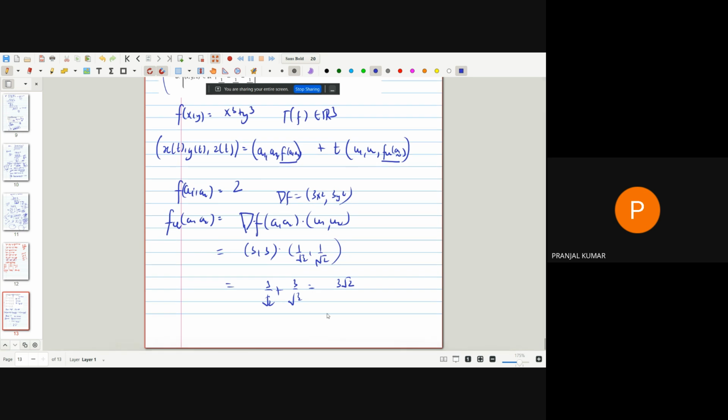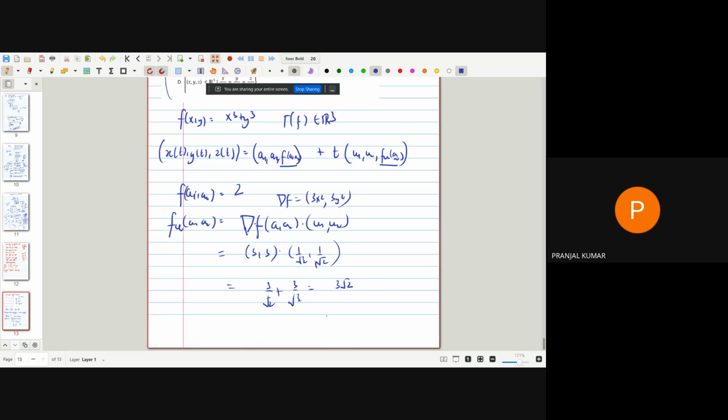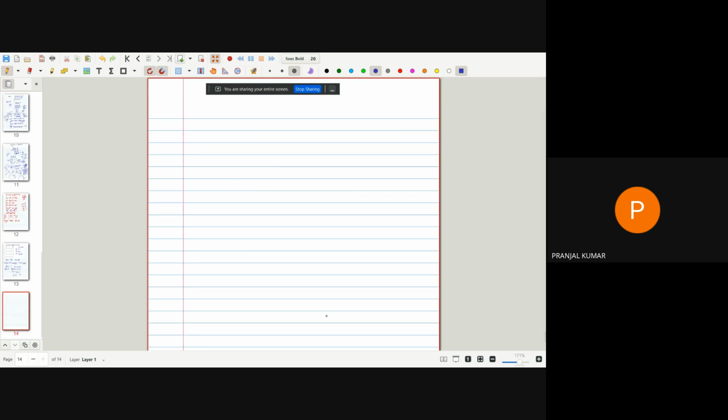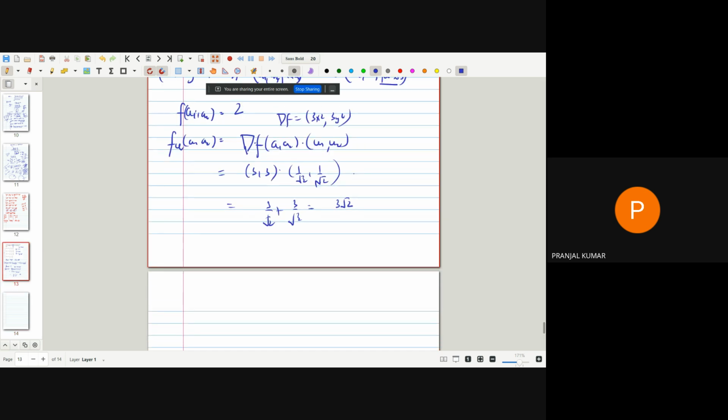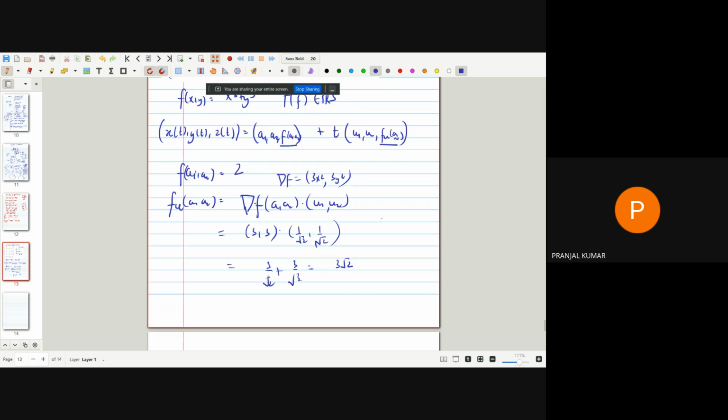Okay, so now you have got all things. You will get 3 square root 2. So now you just have to place them in this formula. So what you will get? xt